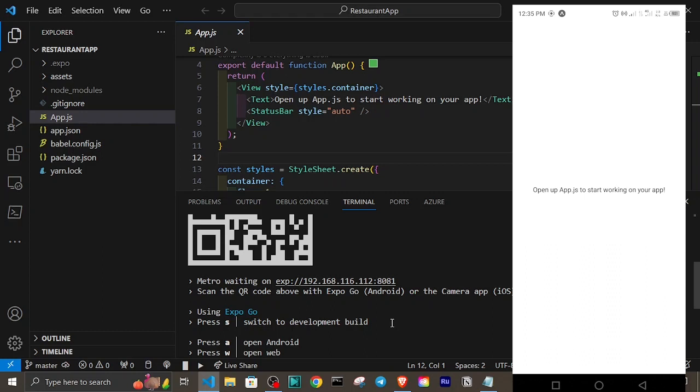On our screen, we have open up app.js to start working on your app. Just as we have in our VS Code, in our text component, we have open up app.js to start working on your app. So you can see that we have our app right here on our phone